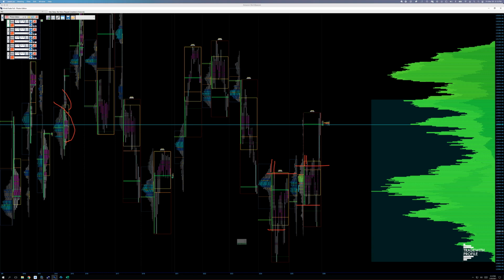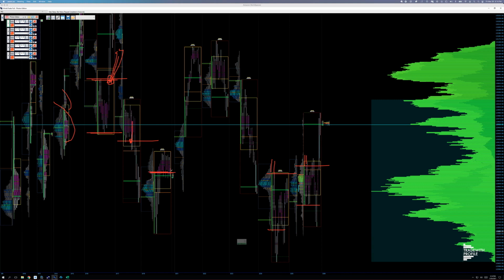So if I just go back and look at a number of these, I just want to highlight. Here's the first one. So notice here, we stay inside the range. It pokes out, but can't get inside of it. So there's not failed, there's successful range extension there, okay? No dice. Here, we extend the range to the downside in this period, but then the next period, we can't sustain outside of it, return back inside, and look how far we trade back into the range,